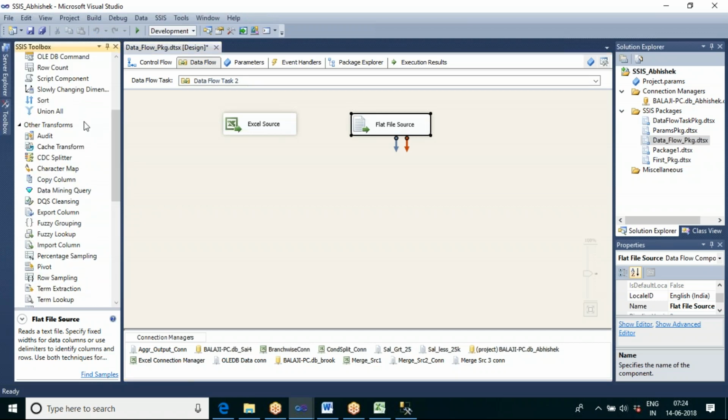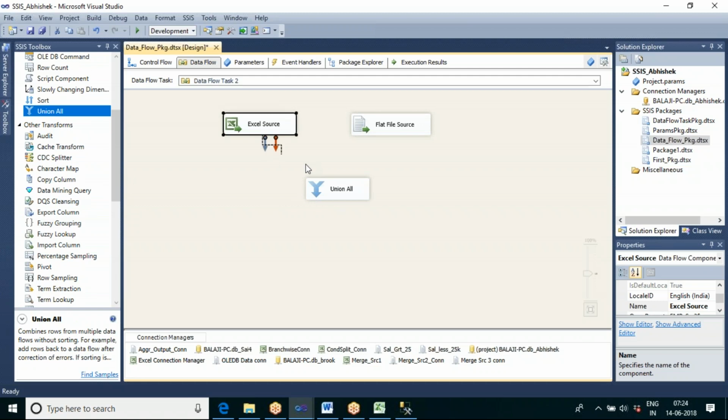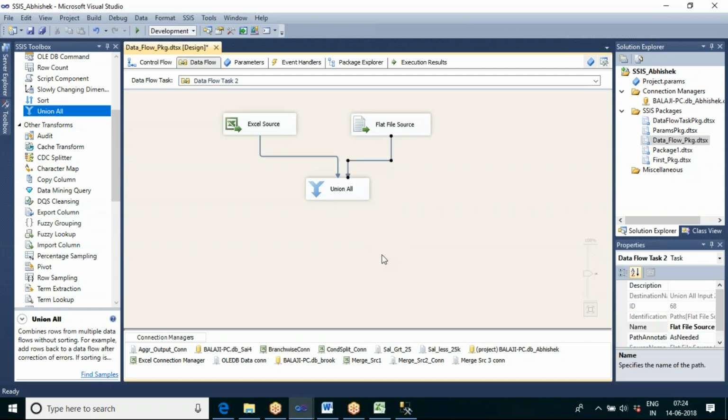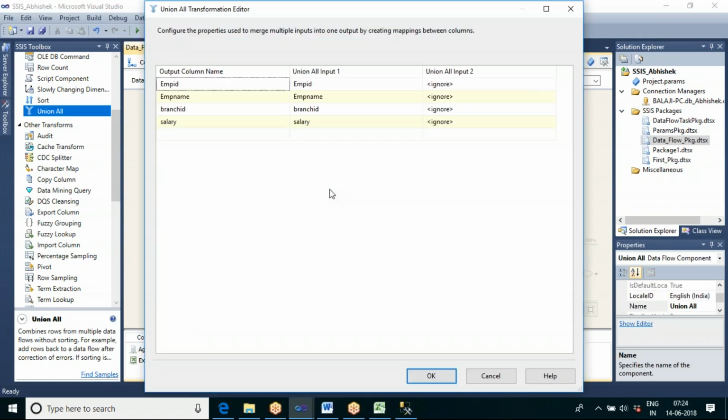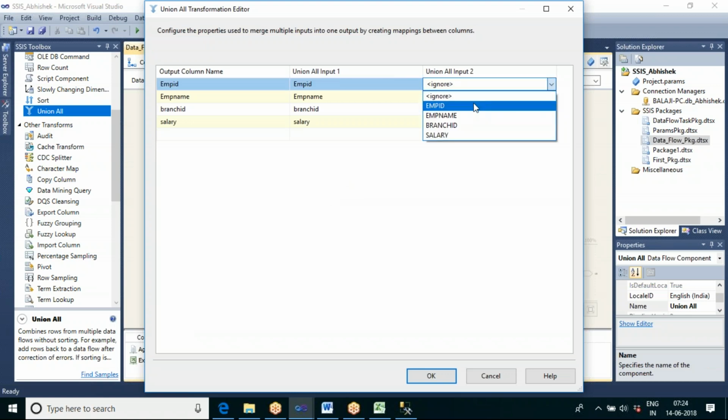We have two sources, and I want to combine those two sources using union all. Is it asking for sorted data? No, union all is not asking for sorted data. But if I use merge, it will always expect sorted input.